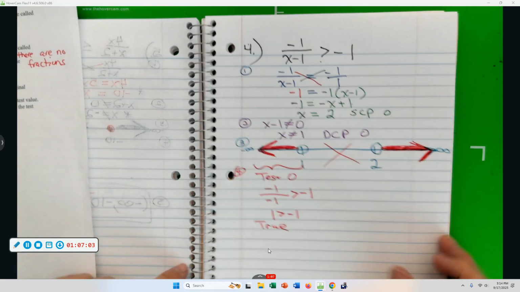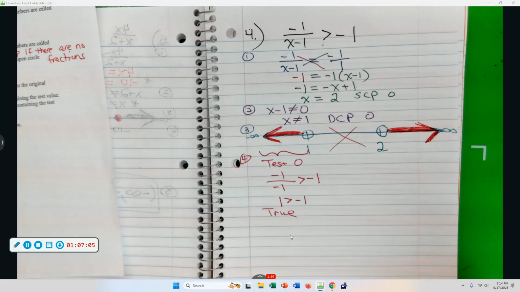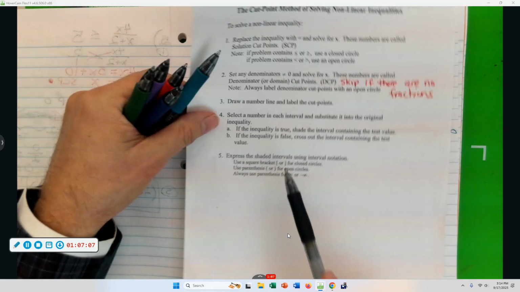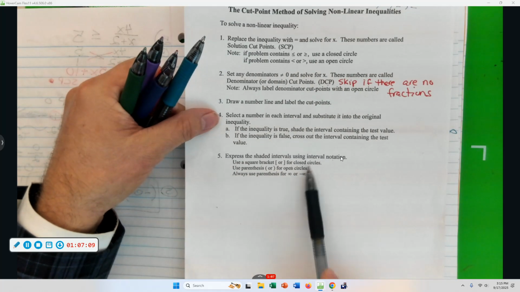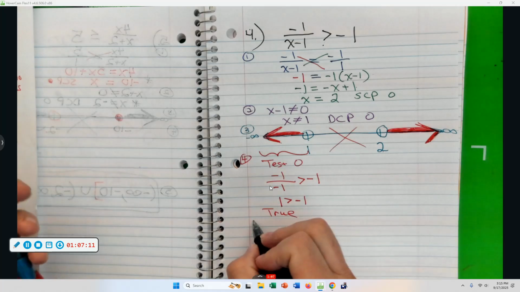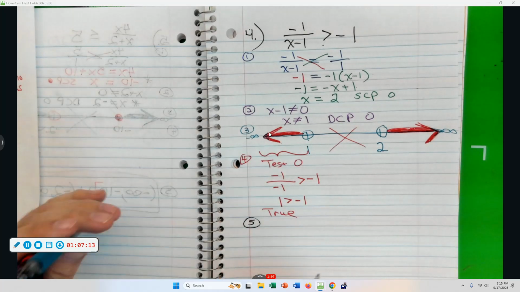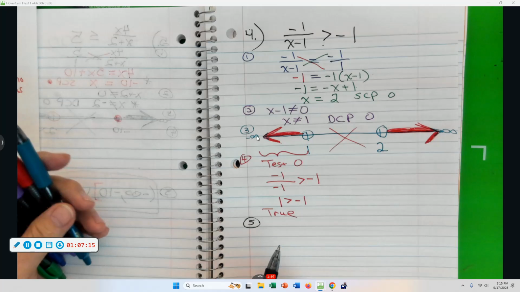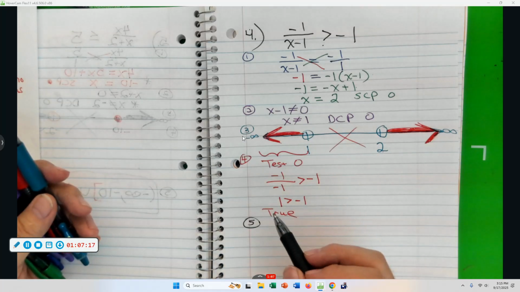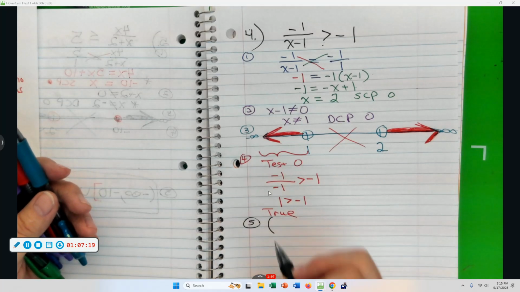Okay, we need to write it in the fifth and final step. Express the shaded intervals using interval notation. So here we go. I'm going to let y'all call it out as if you were typing it in. What would you type first? A parenthesis, and then